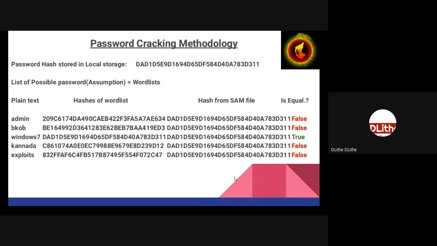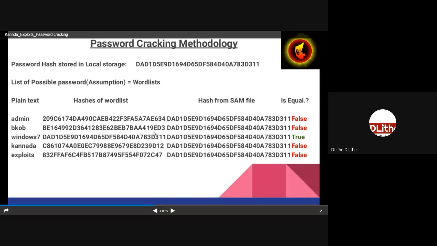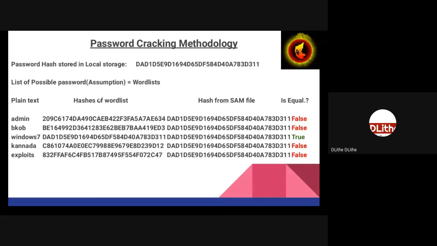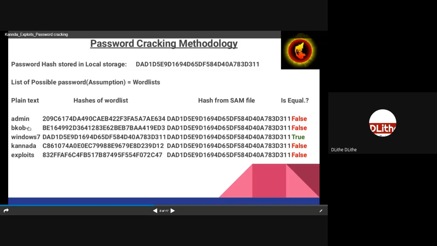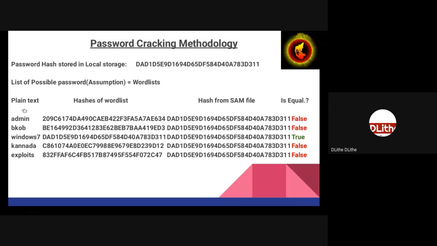In the table, they'll try to populate a list of possible passwords. As you can see, this is a table which has 3 columns. The hacker will download or create a table on which he will populate a list of possible passwords. And after creating that list, which is known as a word list, he will create a hash value of each of the possible passwords.